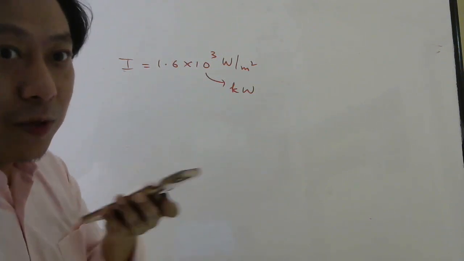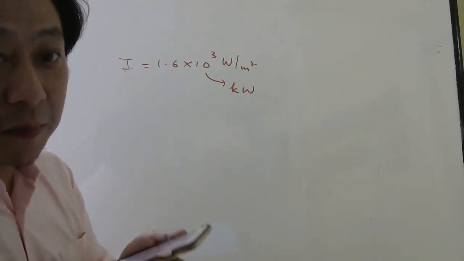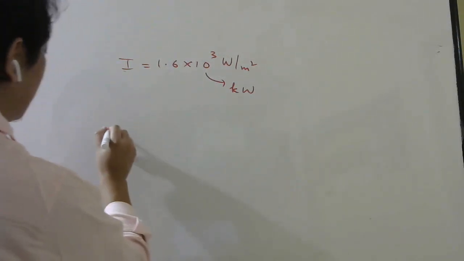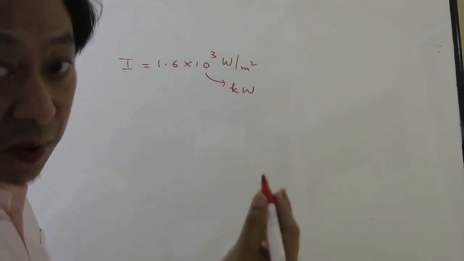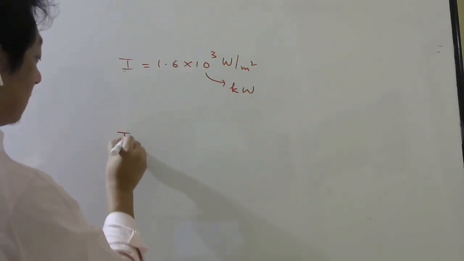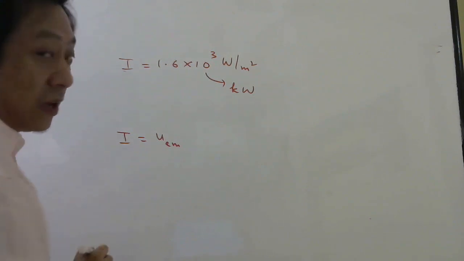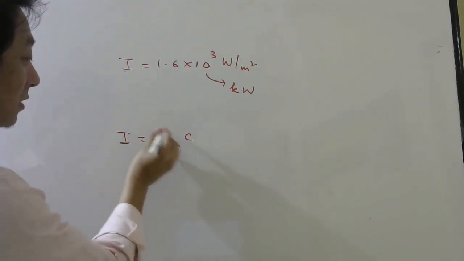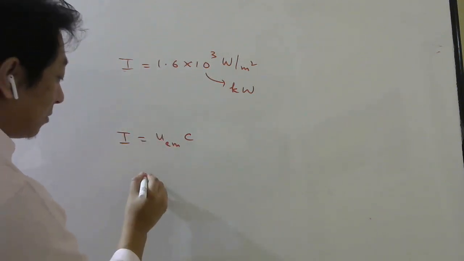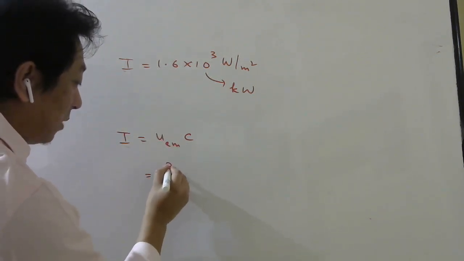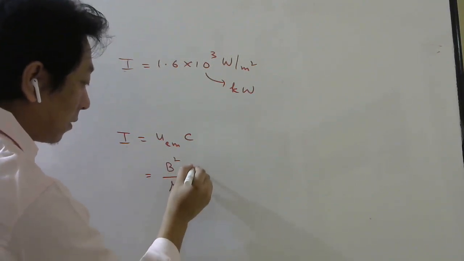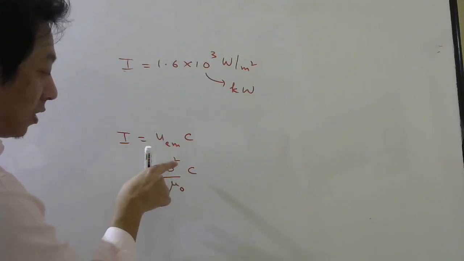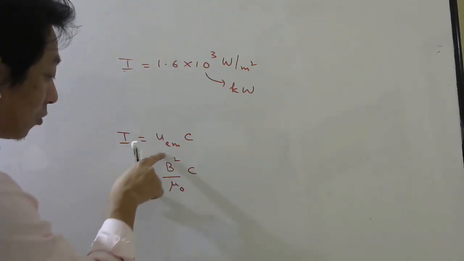So the magnetic field which you get from light, how much are you getting, maximum value. So let us calculate now. Same idea I will follow. Intensity is given, so don't write in terms of power. Intensity is energy density of electromagnetic waves into speed of light. Now, usually I write this in terms of electric field. Now I will write in terms of magnetic field. Otherwise it is epsilon naught E square. If you write in terms of magnetic field, B square by mu naught.